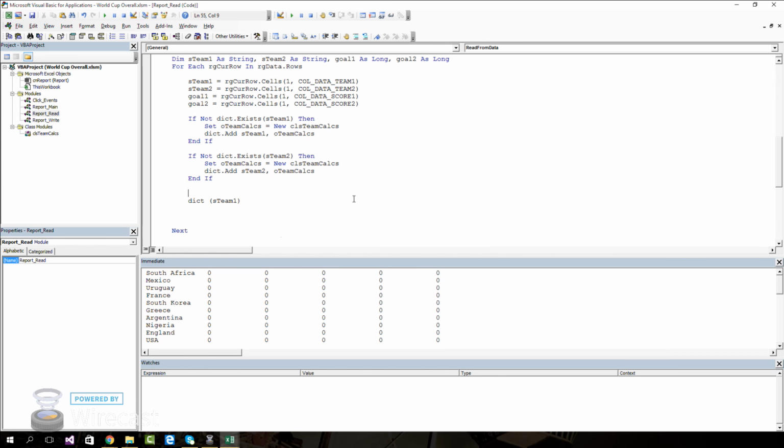Now this is giving an error, so that normally means, let me do a debug compile. Oh, that's okay. Equals goals for, oh yeah, I see the problem. Okay, still complaining. Equals goals for, and that should be plus goal